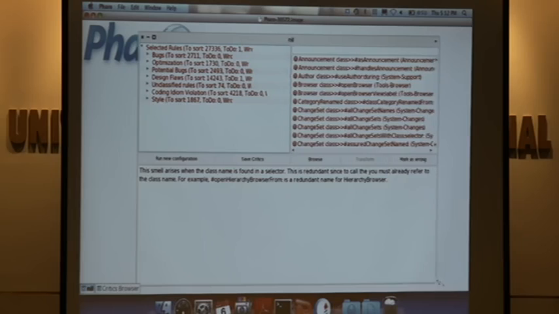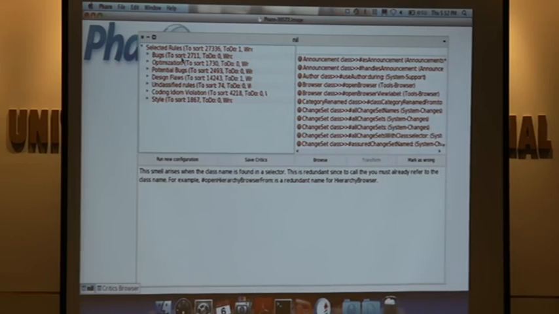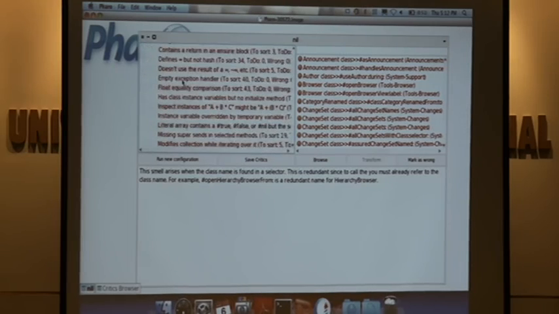So this is, I run all the code critic rules in the complete image. Okay, so I will look for potential bugs. There is a rule that is called,